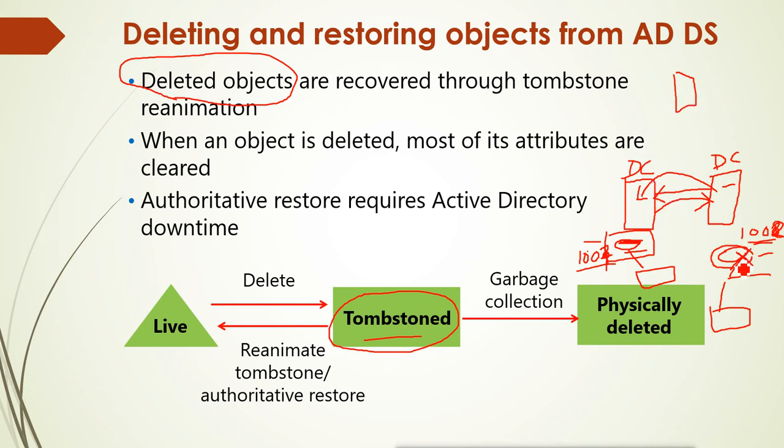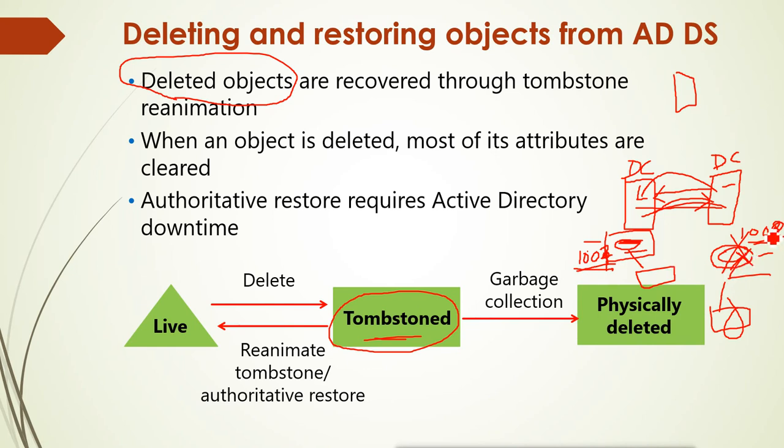Suppose there is no deleted object, and no tombstone. What happens then? Suppose this user is completely removed with the UID and the object ID. When these two domain controllers talk to each other, this domain controller says I don't have 1001 or 1002, and the other domain controller says I have 1001. So actually, when you delete the user, this domain controller will send the user to that domain controller, and the user will come back. Whenever you delete the user, it comes back from the other DC.